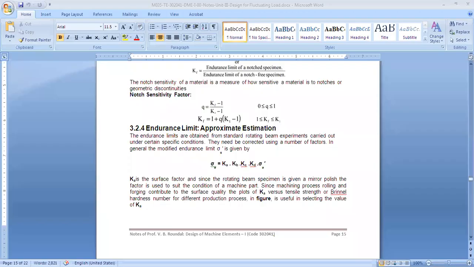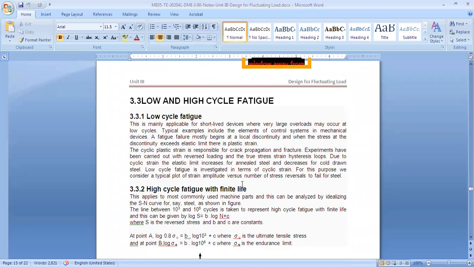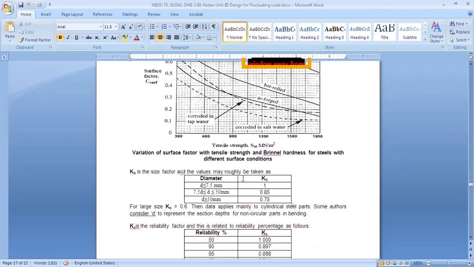Okay, so again, let me share my Word document. Okay, so when we started, we were talking about the factors affecting the endurance limit. These are the factors. So let's not spend any more time on that, because we already know those factors. We have taken a numerical also. So today, more concentration on what the SN curve is. Okay, what is the SN curve?